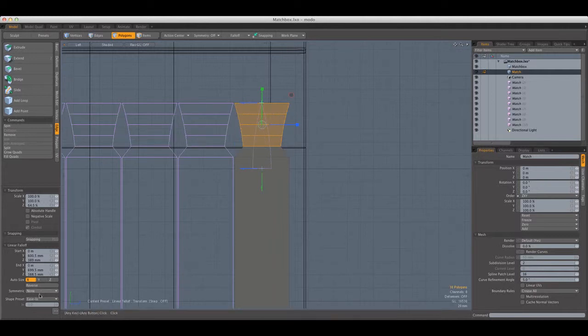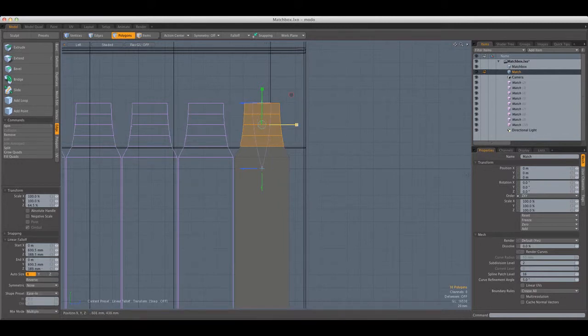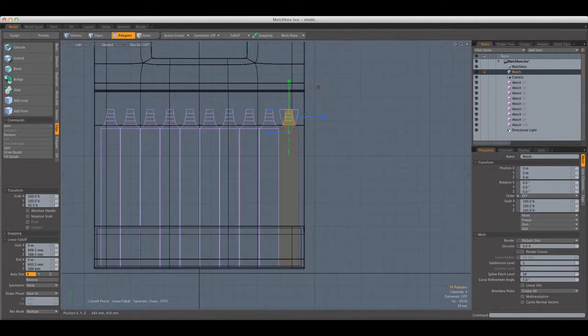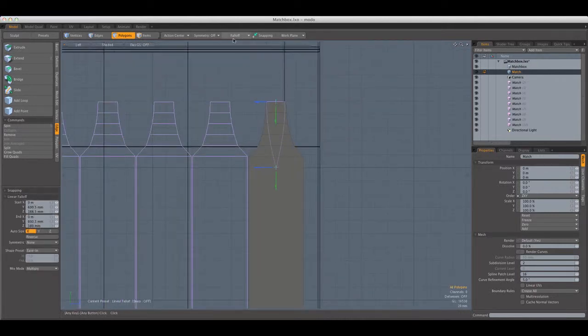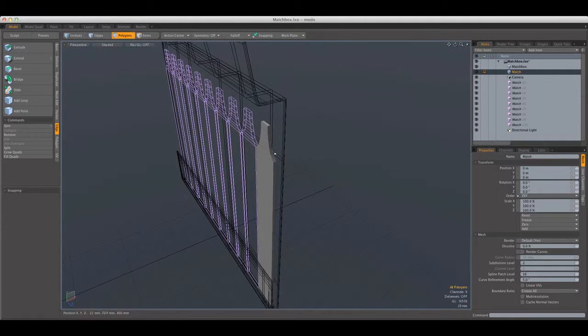Oh, it's actually the other way around, so we need to reverse the falloff. Okay, like that,